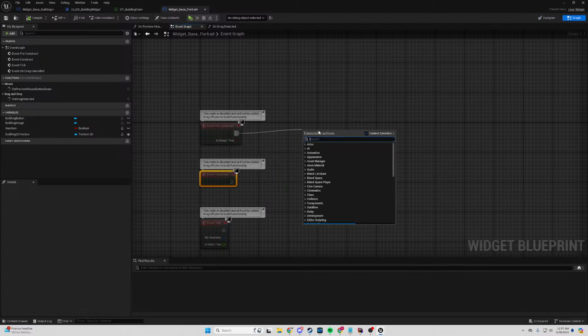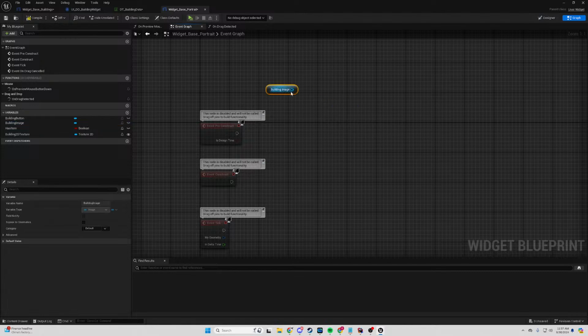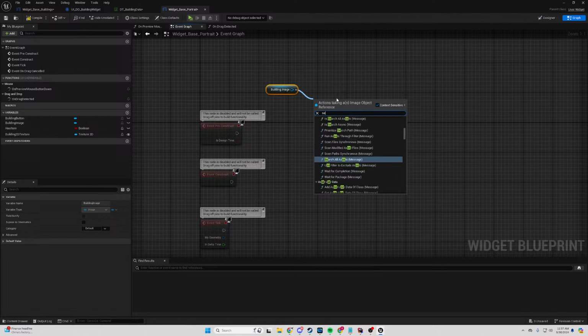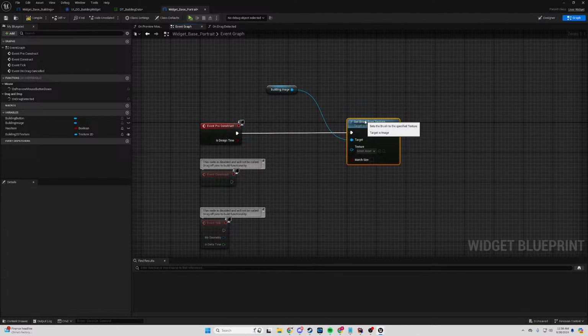Okay. So what we're going to want to do is take this. We're going to want to get this, and we're going to want to set brush from texture, right? And then we have these textures here, right? And I believe